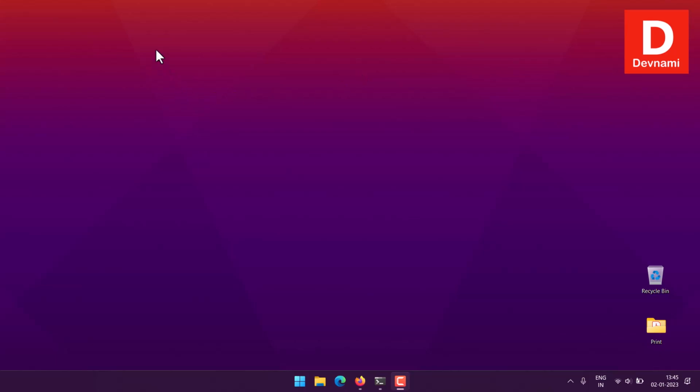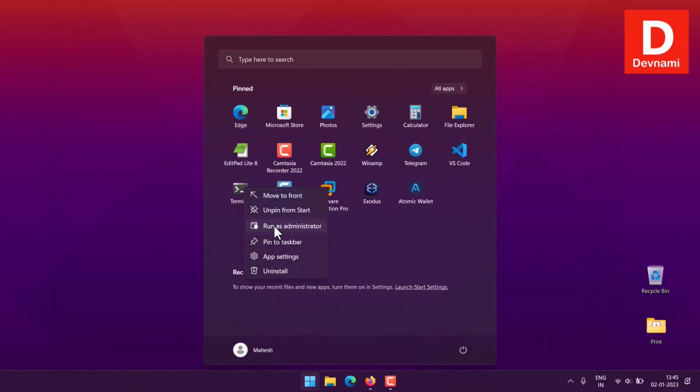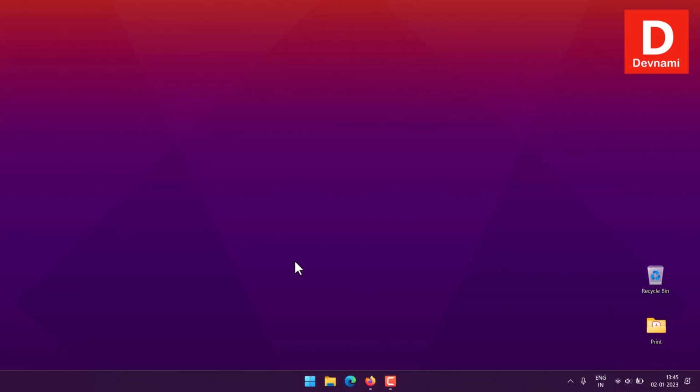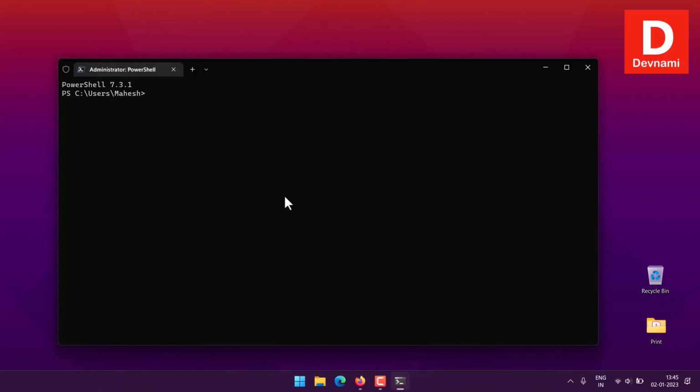Okay, so let's take a look at how you can backup in RavenDB. Right, so the first thing we will do is open the terminal in admin mode, so run as administrator. Next, let's move to this particular directory where we have our RavenDB installed. In my case I'm going to that particular directory, so cd, and then we have our RavenDB directory, right? So let me go through all of that,